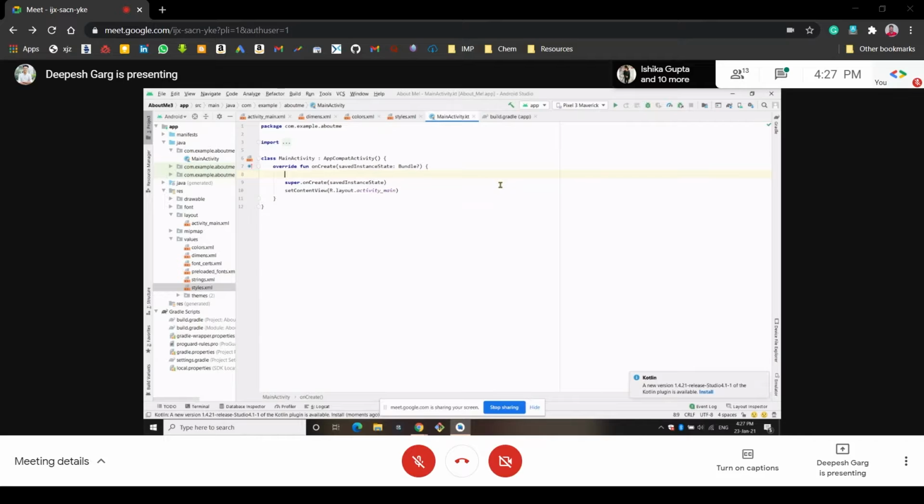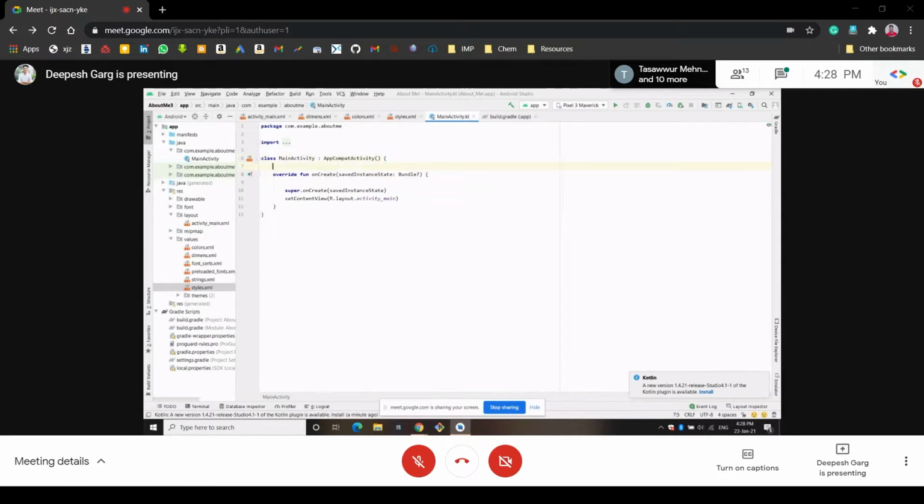The value of this binding is going to change along with the code. I have told you in the earlier sessions that var is used when the variable is going to be changed anytime in the code, and val is the keyword for fixed variables that we don't want to change anywhere. So we will use the var keyword here, and after that we will work on the onCreate function.